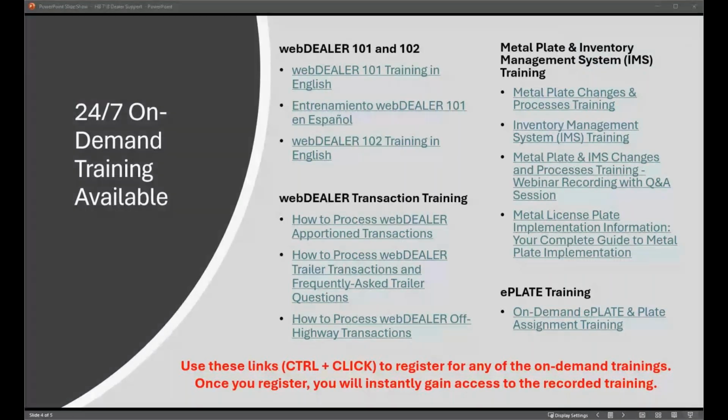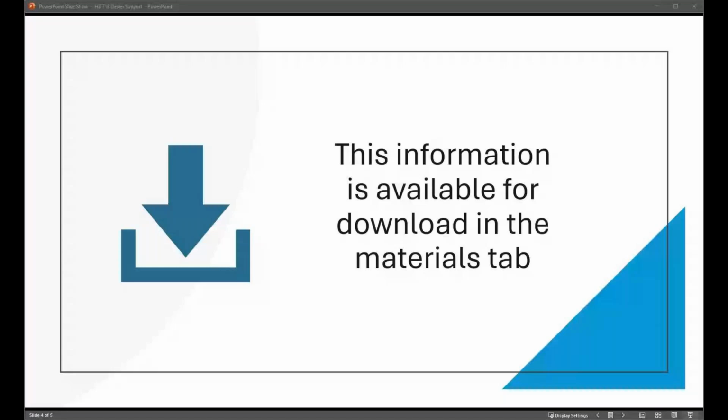If you're not able to view them in IMS, ensure that you are looking under the correct dealer ID that was provided in your emails, because those emails would have provided you with the P number GDN that it was assigned to, as well as the dealer ID to be able to help locate that inventory.